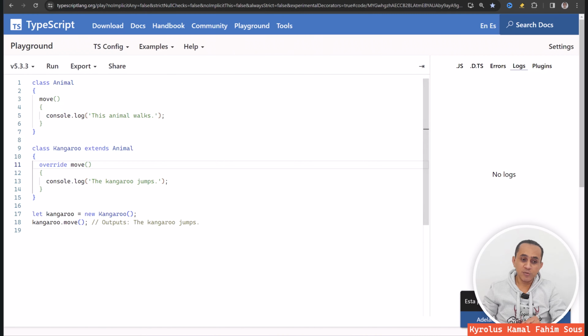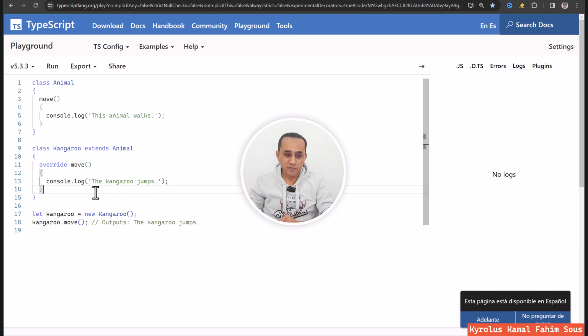Let's see this with a simple example. Suppose that we have a class Animal, and suppose that all animals can only walk and no one can jump except the kangaroo. So if we want the kangaroo to jump, we have to override this function. This is not good, because if we have more animals that should jump, you have to override or update the function here, and this will affect all the children.